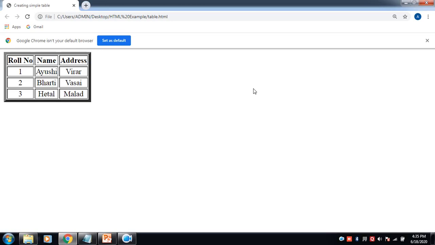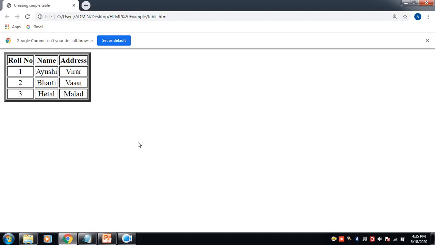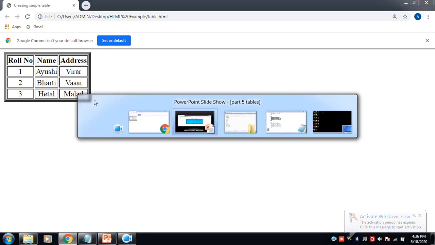Now there are slight changes in the output which we had viewed over here. If you see this output, this has a colored border. There is a background color for the table. The table is aligned to the center of the page and a specific width has been given to the table, right? So we are going to see these attributes now. So we'll make the changes in our code. See over here, the output which we have got currently does not have a colored border. It is not aligned to the center also. Neither does it have a fixed width. Yes, so we'll make these changes. So let's go back to the code.